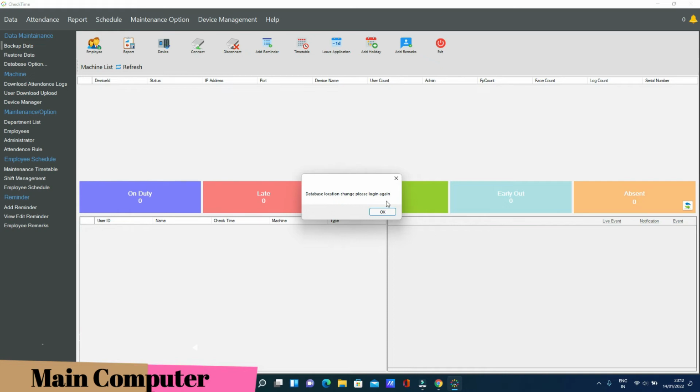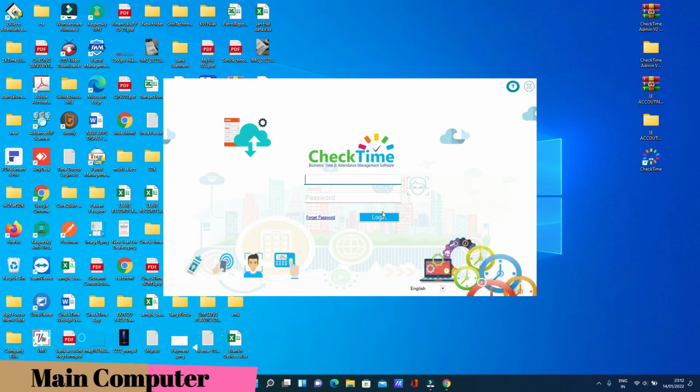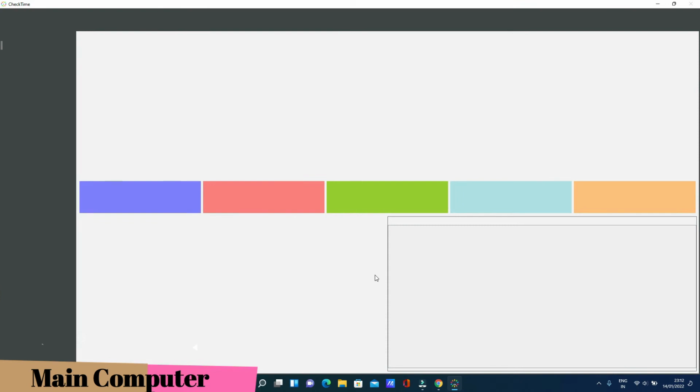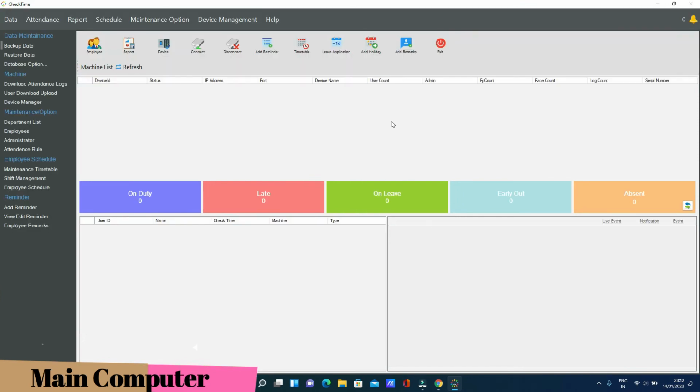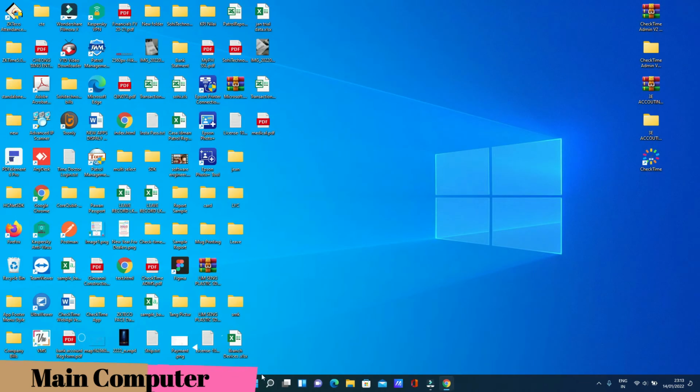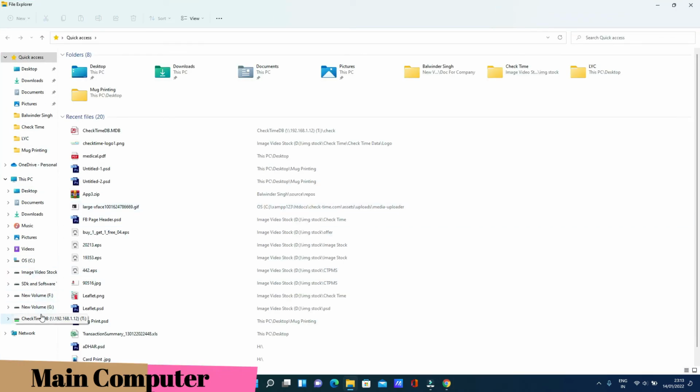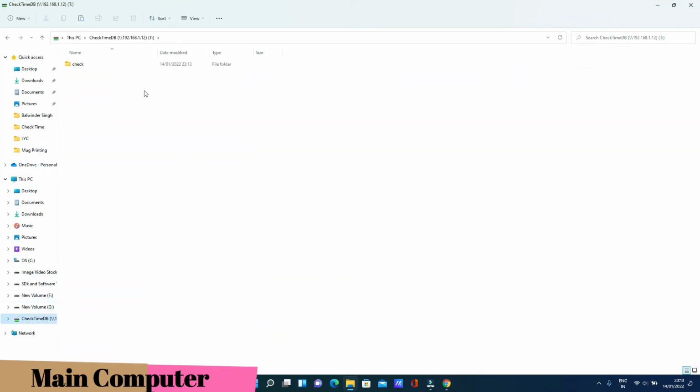Update. Your data location is changed. Press OK. The software will close and open again, so you can log in. The software opens successfully. This is the software running from the network drive right now, so anything we change is all saved in our network drive.